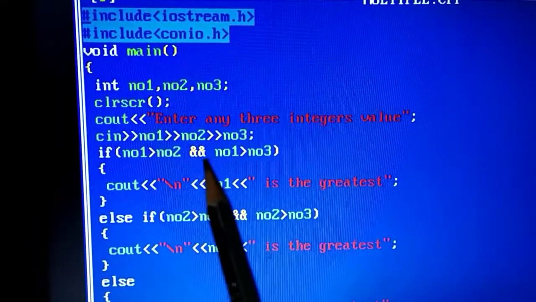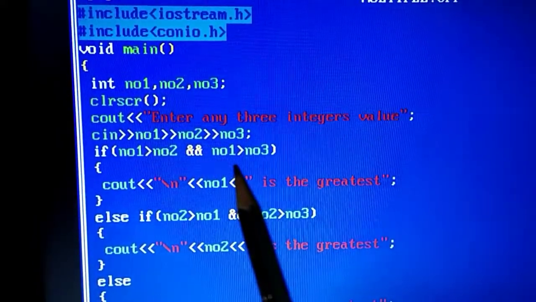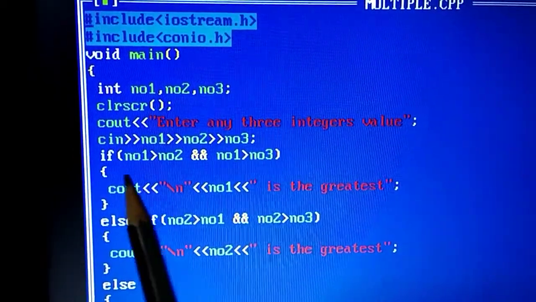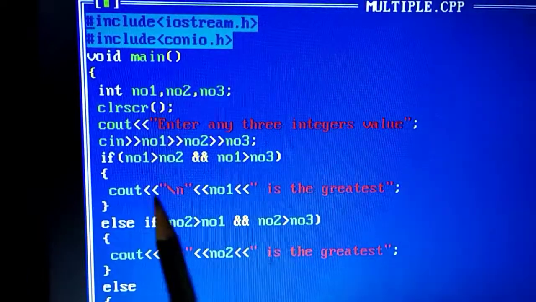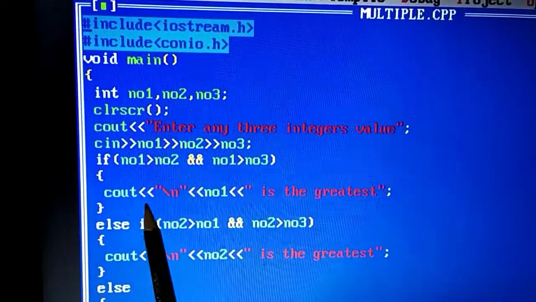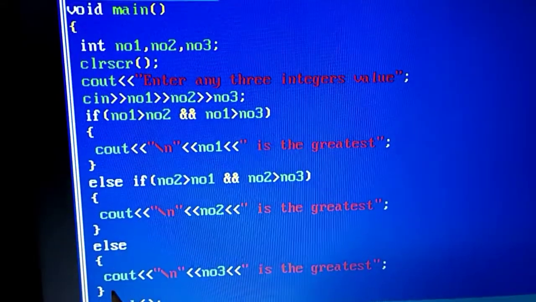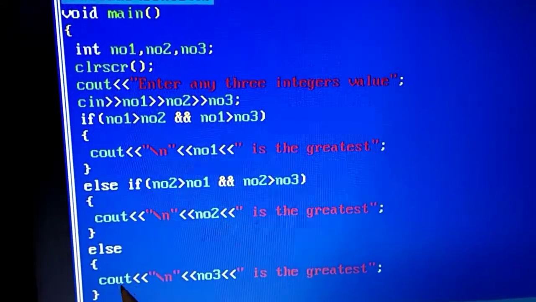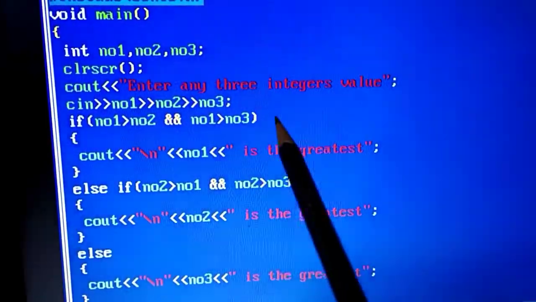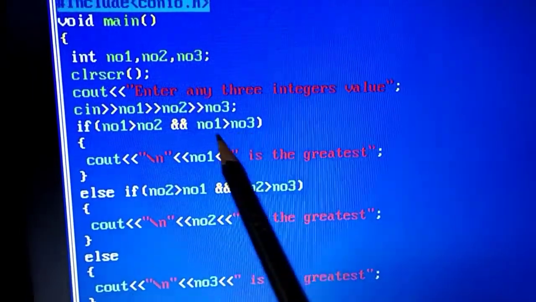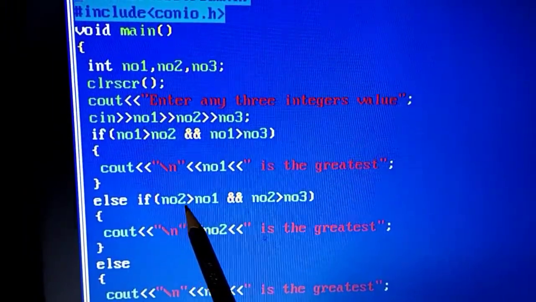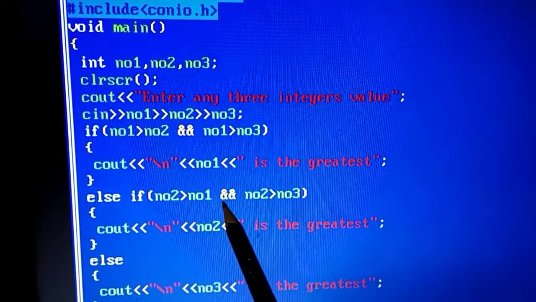Next, over here I compare that number 1 should be greater than number 2. I'm using the AND operator and number 1 should be greater than no3. If the first condition is true, then this cout will execute. The rest of the statements will get bypassed and it will come out from the if structure. Fine. But if this condition is false, then where does the execution pass? To the else if, and it will check this second condition.